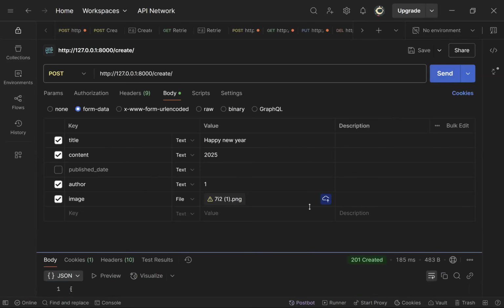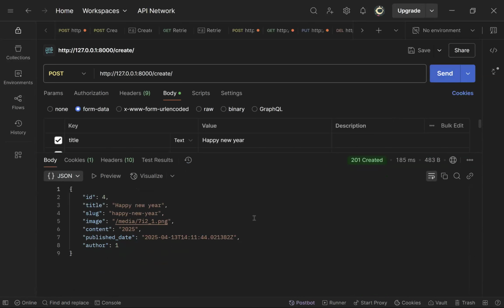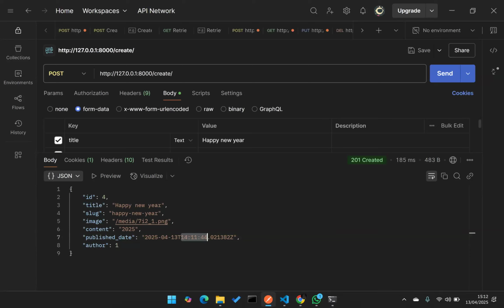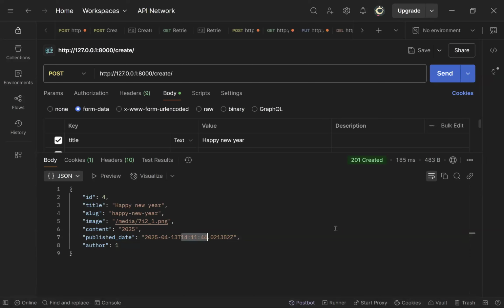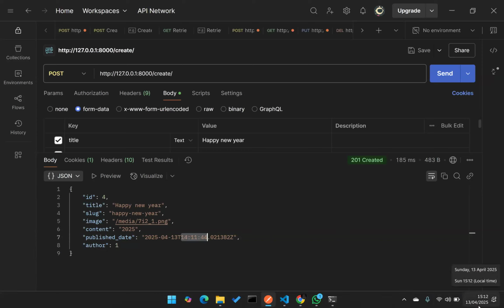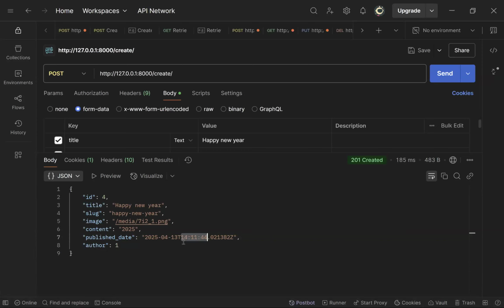All right. If you notice, I'm getting 201 Created. And I have my slug generated for me, and I can see the published date, which is today's date and the time, 14:11:44, which is 2:11. Our server is always 1 hour behind us. That's how server time works. My current time now is 3:12, and server time was 2:11:44 as of when this post